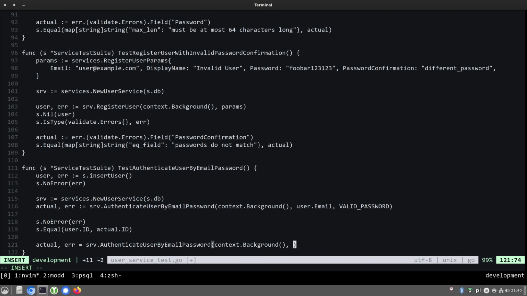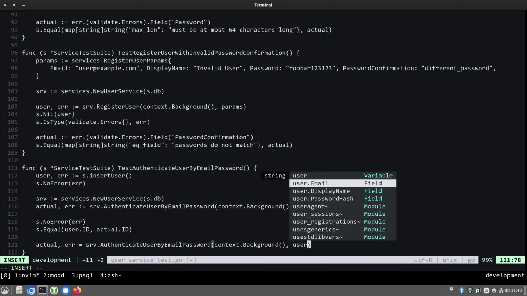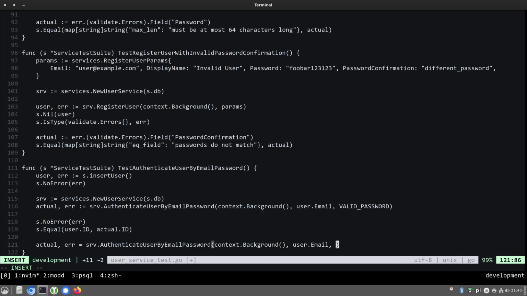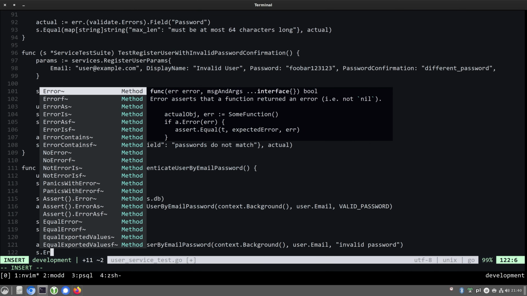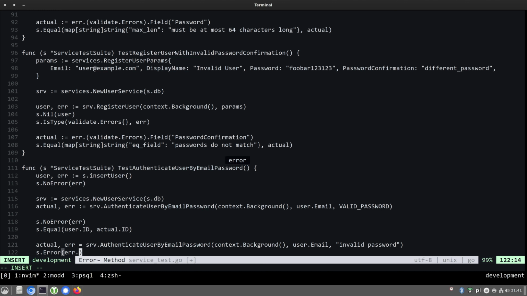Context background, a valid email address but invalid password, and I need to ensure that the error message is